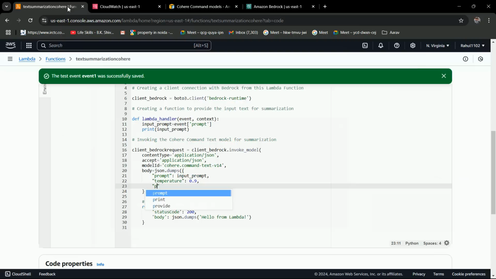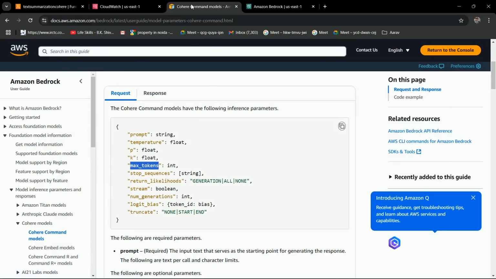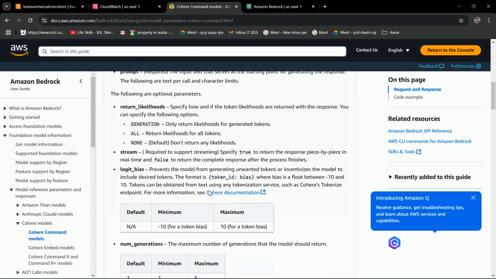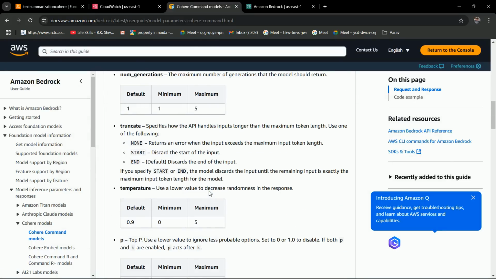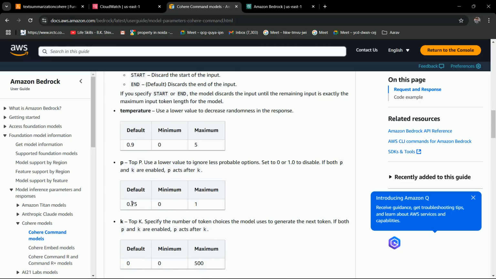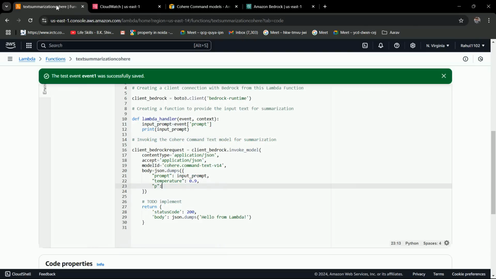So that's very important to mention here. So let me first put P, and let's see its default value. The default value for P is 0.75. So I'm going to take the default value only,